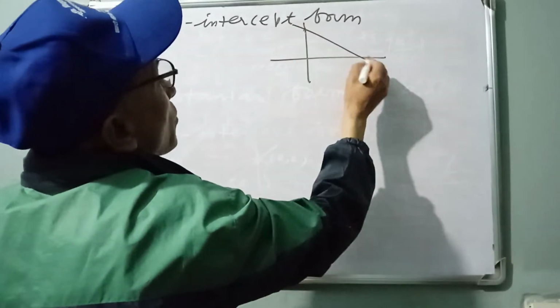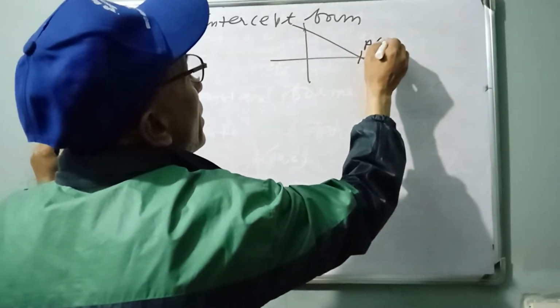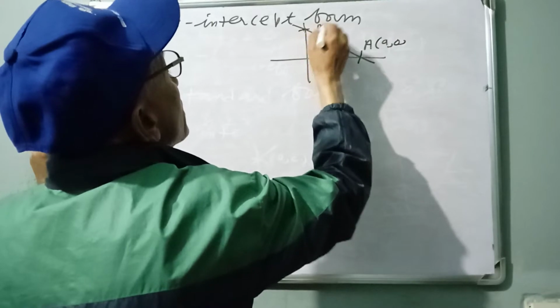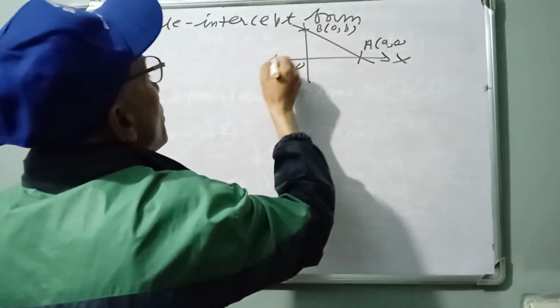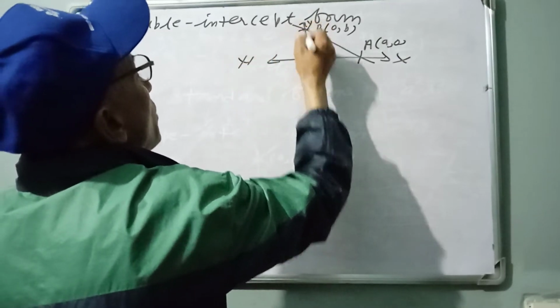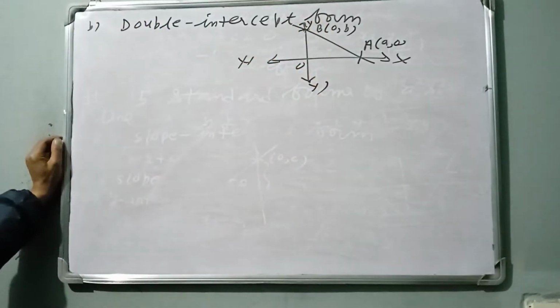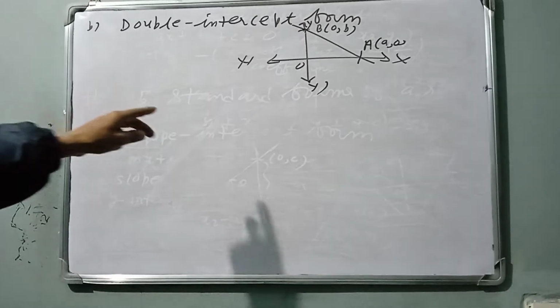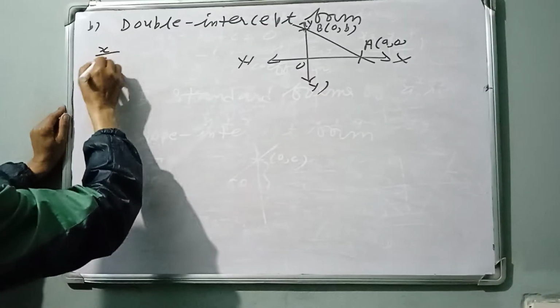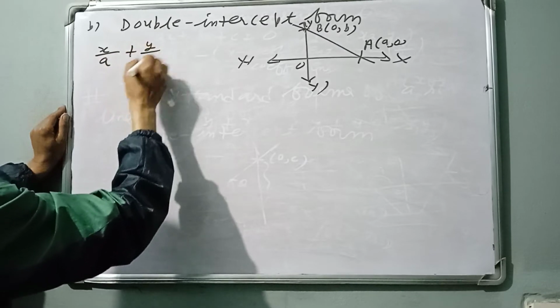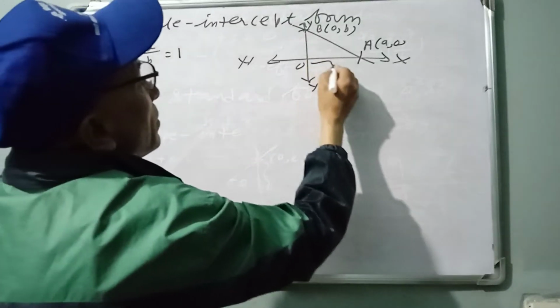A straight line crosses the x-axis at A(a, 0) and y-axis at B(0, b), with XOX' and YOY' as the axes. What is the formula? You can prove it. The equation of the straight line AB is x by a plus y by b equal 1, where a means